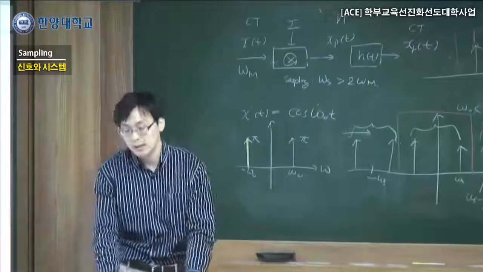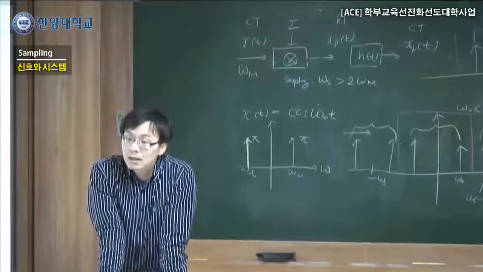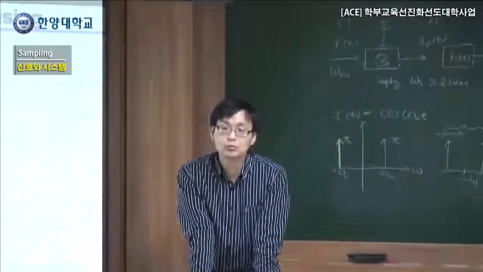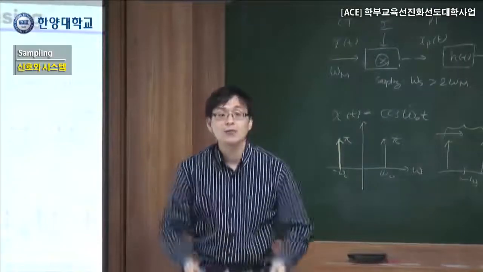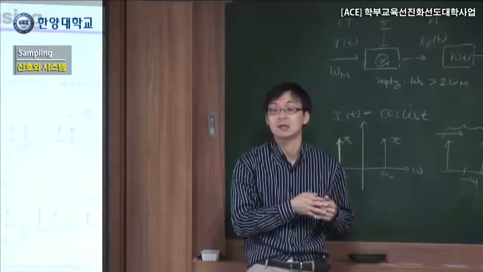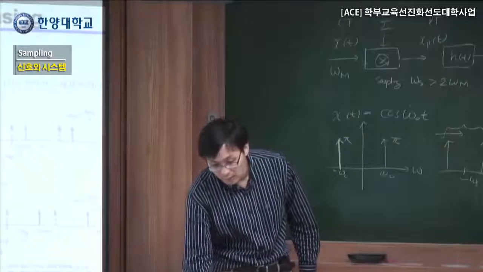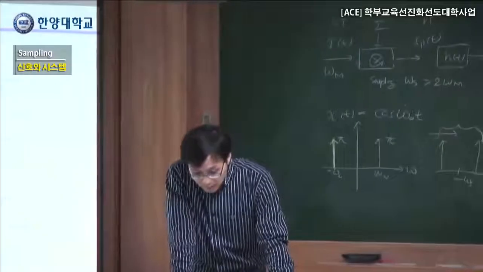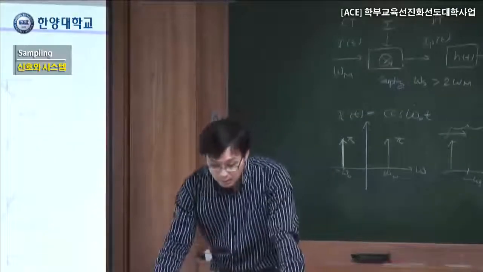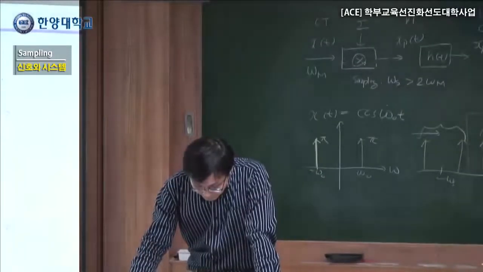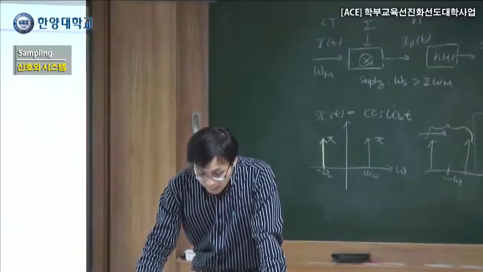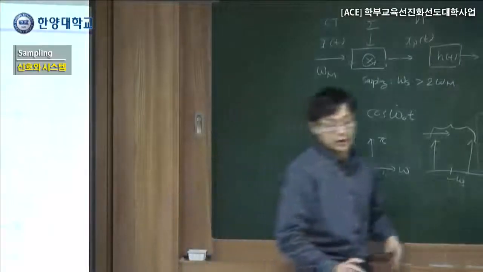When you do the exercise in the special lab, it's very interesting, because when you happen to select the sampling too small, the high frequency component begins to distort it. It does not come out as it looks like. So let's see how that looks, when there is no aliasing happening.